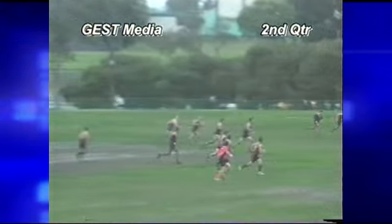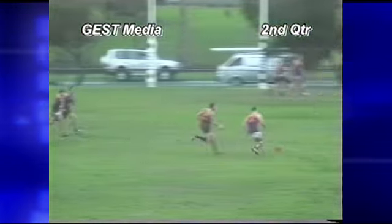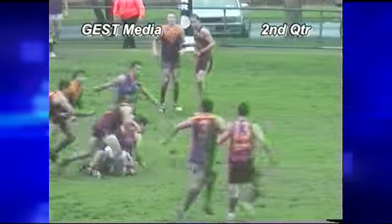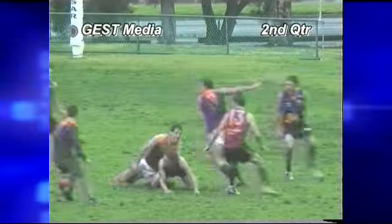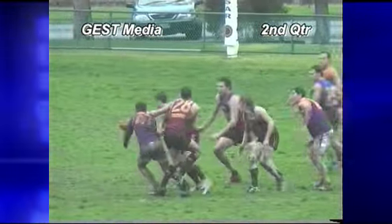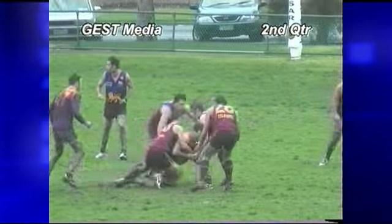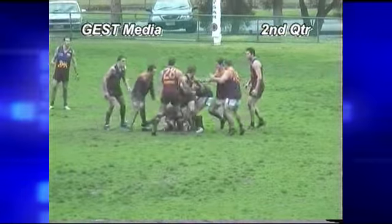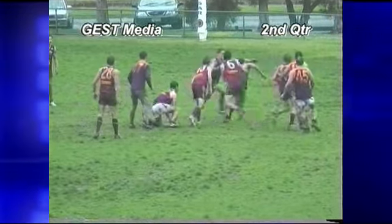Well, from the middle, the ball was taken by Anderton, turned quickly, kicks inside forward 50, Riley. Didn't pick the ball up as his opponent got underneath him. There's a throw. Not so, said the umpire. Highland picked it up. Tackle high. Play on, said the umpires. Riley tries to pick it up. Thomson trying to get in and under. They're trying to make the play, certainly, as the ball...